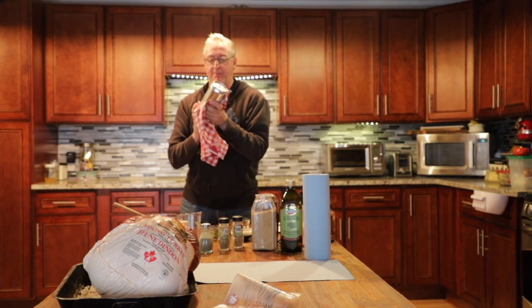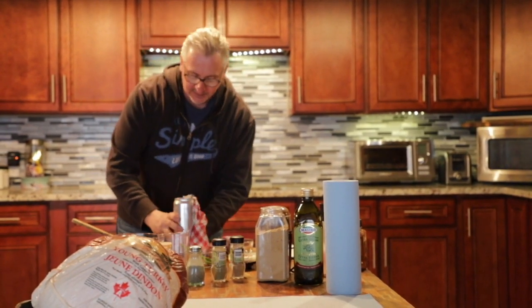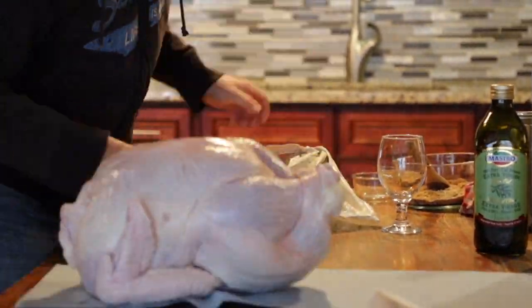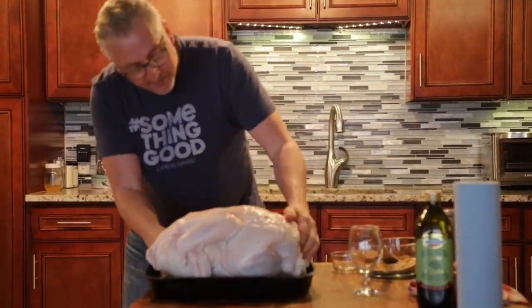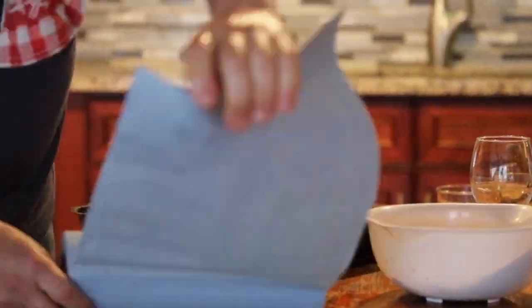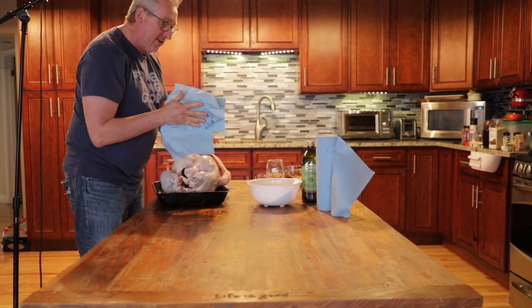Okay, so I've got my can of beer with all the glue off. I'm just going to dry the can off, and we'll have that all ready right here. So, good sized turkey. I have to dry it off with some towels to get all the moisture off of this chicken, or this